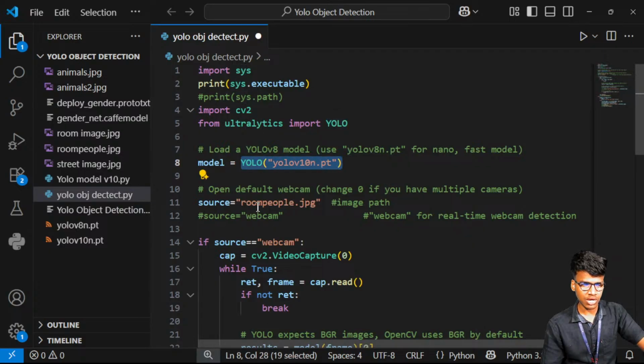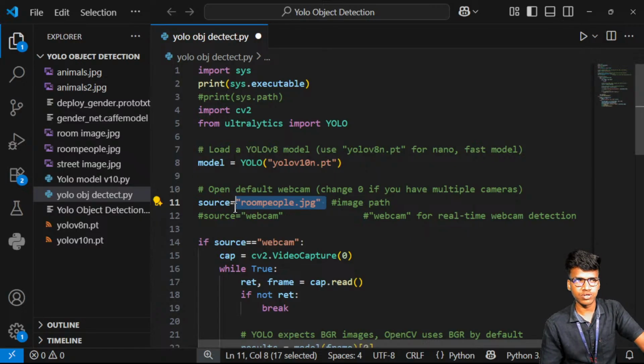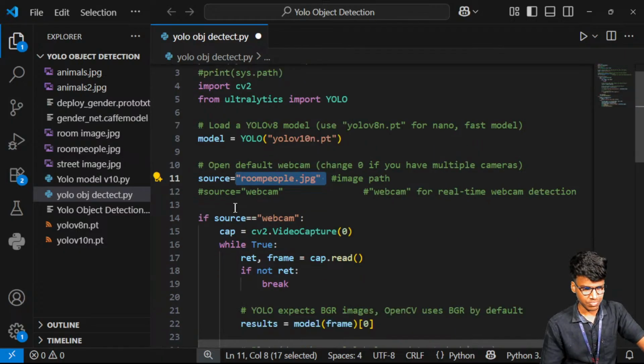And source is the image. So in what way can we detect the objects? First we can try to find out image-wise, in that particular image, what objects are there. The model decides, so the object's name is like this. Name person means person, mobile means mobile, system means system, that way.